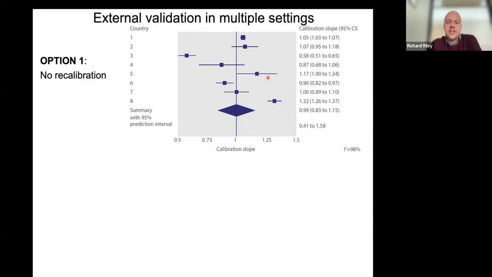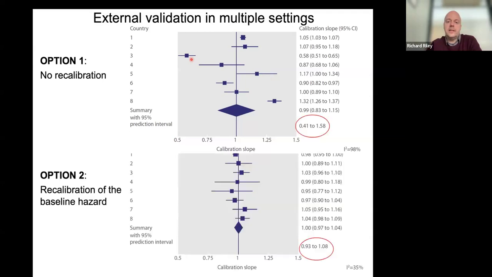You wouldn't be able to get and check this without IPD because it wouldn't be reported in publications for prediction models very well. But what I can also do is to say, okay, the model doesn't work well, but what if I was to recalibrate my model? So in prediction modeling, we can do that in many ways. One way is to update the model intercepts, a very simple tweak based on the local data. What if I did that?